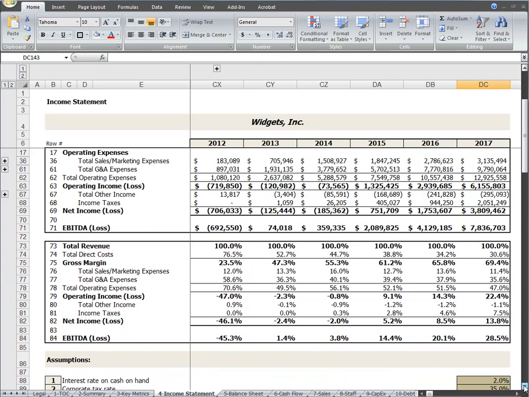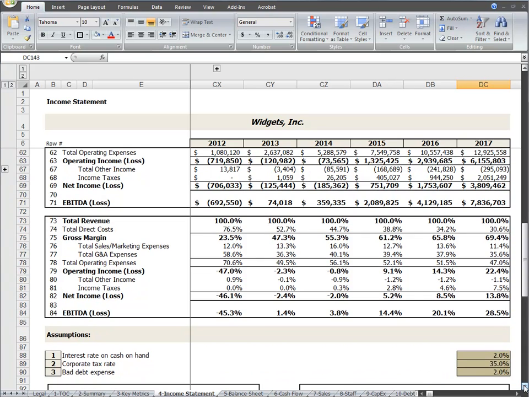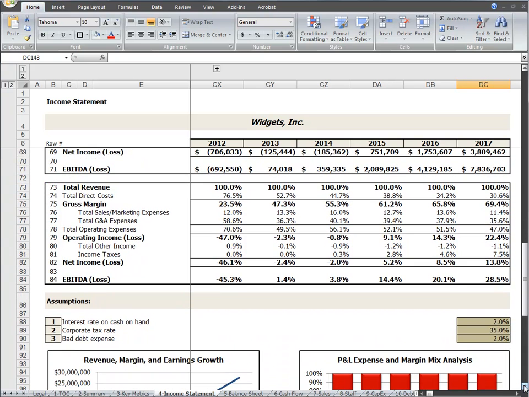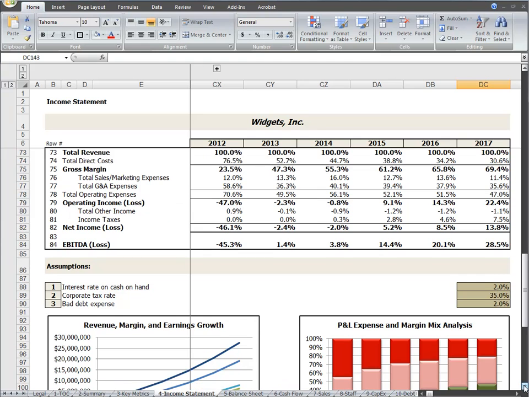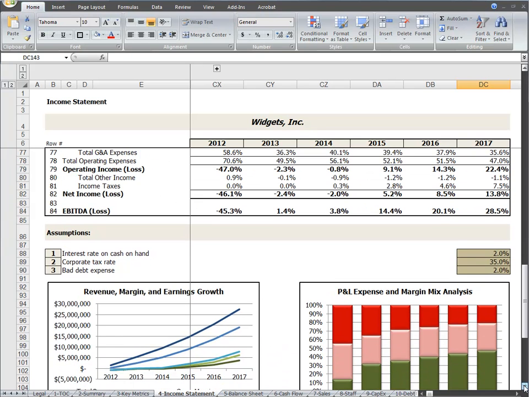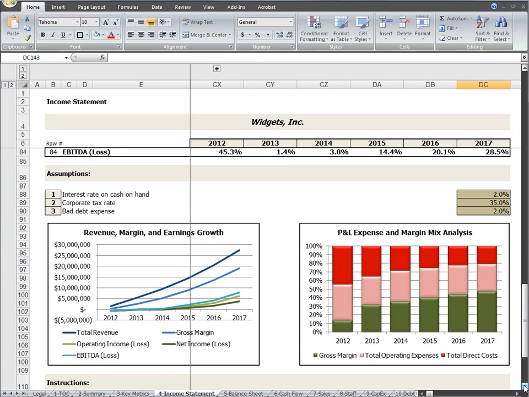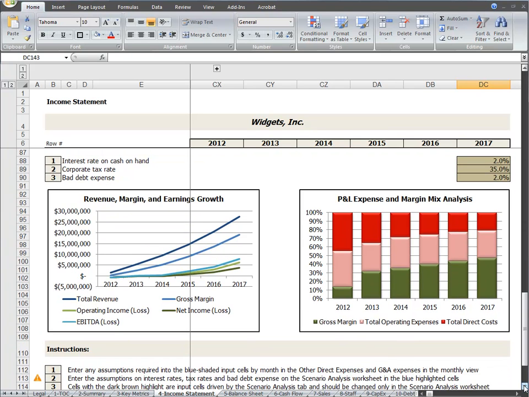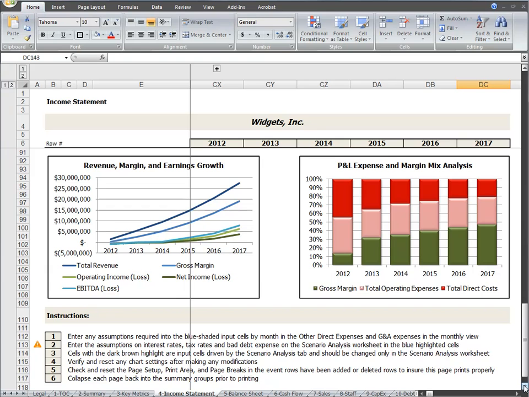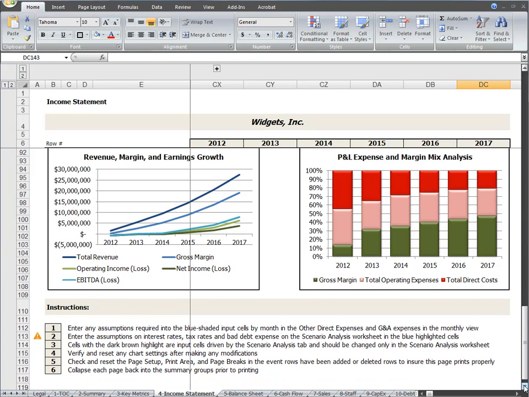Nearly all of this worksheet is completely automated with very few configuration steps required to make it fit your business model. Most of the information is fed into this page by other worksheets that detail the sales and staffing assumptions that make up the bulk of the information that drives the income statement. The instructions at the bottom of the page will walk you through the few steps required to complete this part